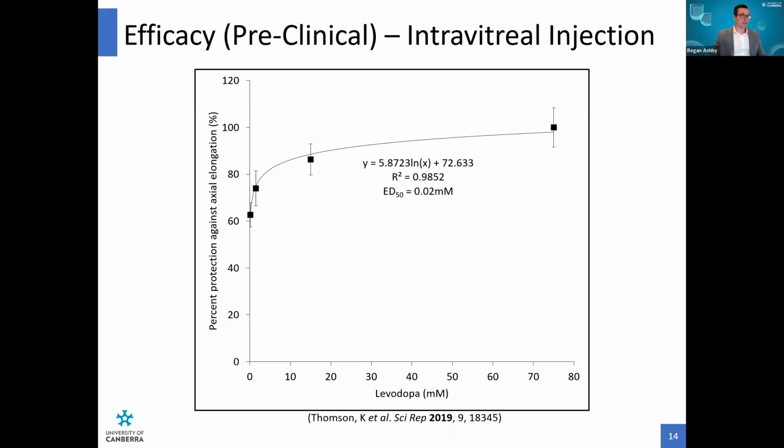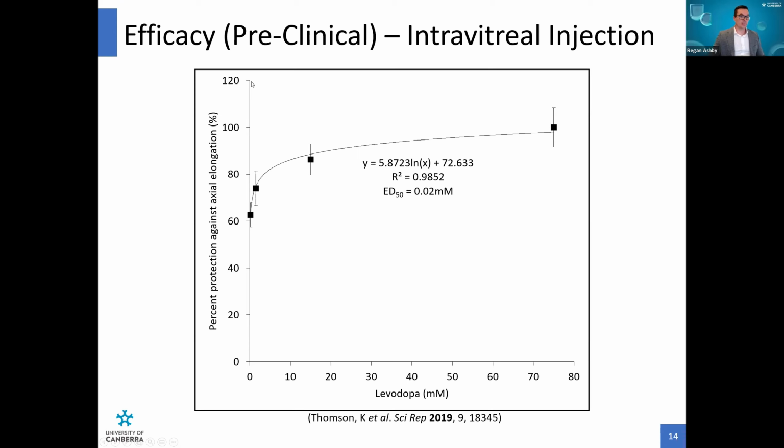Now, the animal model most commonly used in our field is the chicken, and that is because its visual system is very similar to that of a human. So the data I'm going to show you on the next few slides is from experimentally induced myopia in that chicken model. What you'll see along these figures is along the x-axis is the concentration of levodopa administered, and up